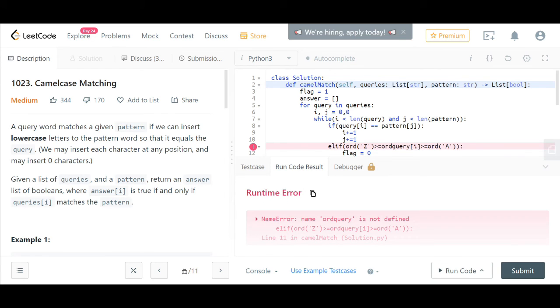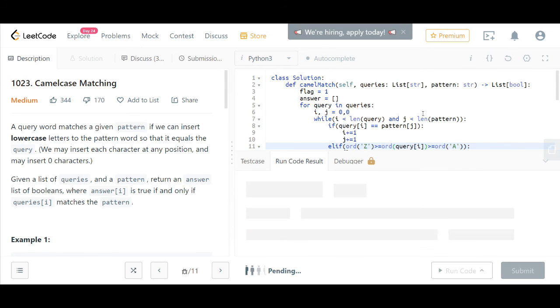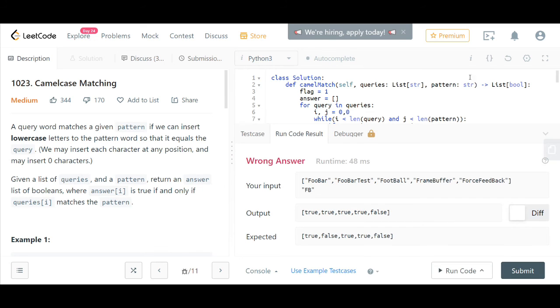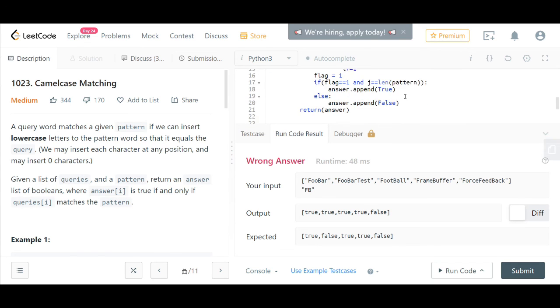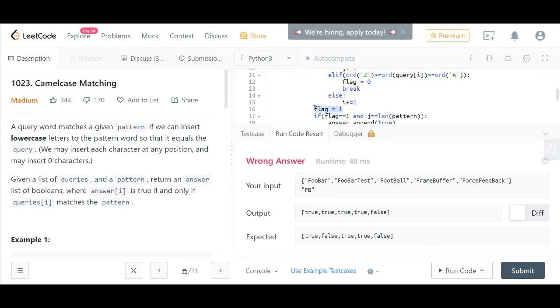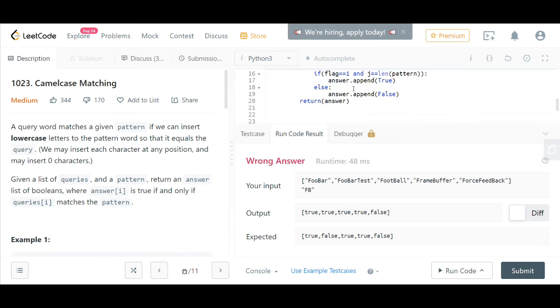Order of query. Okay, there's something wrong. Okay, I should not initialize it here. Sorry for that, guys. I should initialize once I'm done with this.